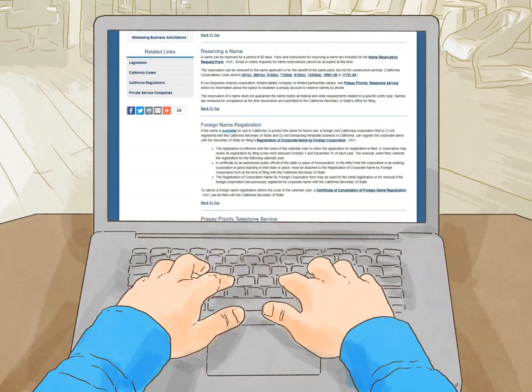Check if your name is available. Your organization's name cannot already be used by another corporation. It also can't be too similar. Search the business name database at the Secretary of State's website. You should also download and submit a free name availability inquiry letter, which is available here,